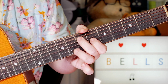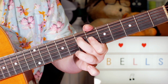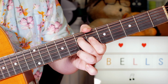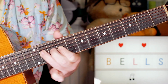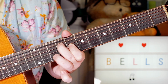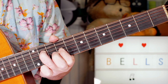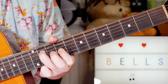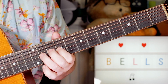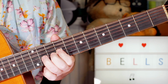Put a little E in between on 7 on the A string. Back to A and C sharp. And then just move that up 2 frets to B and D sharp. And then C sharp and E, 11 and 9, all on the D and G strings. And then